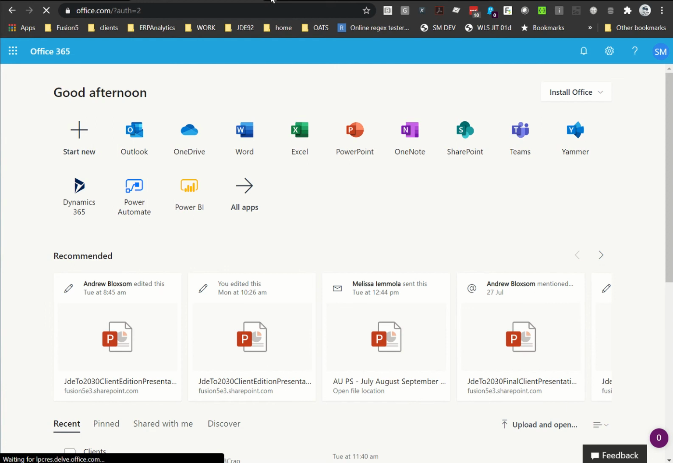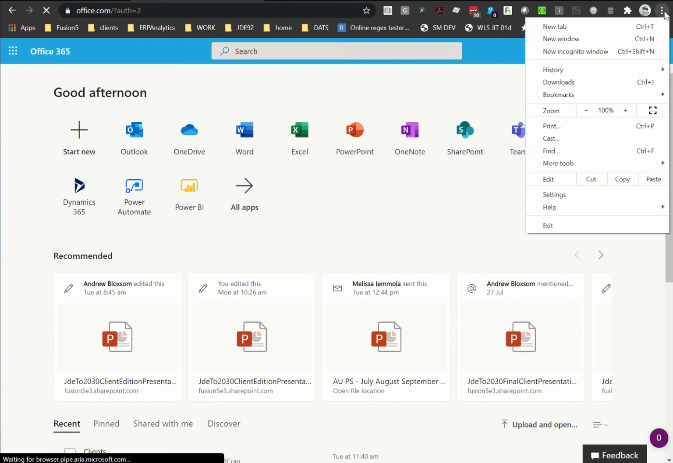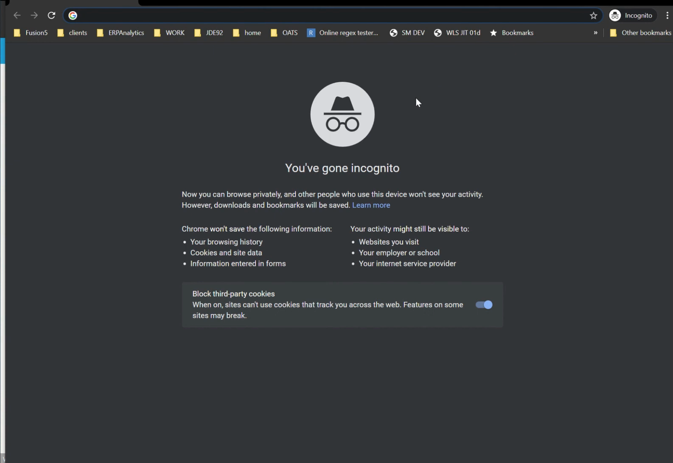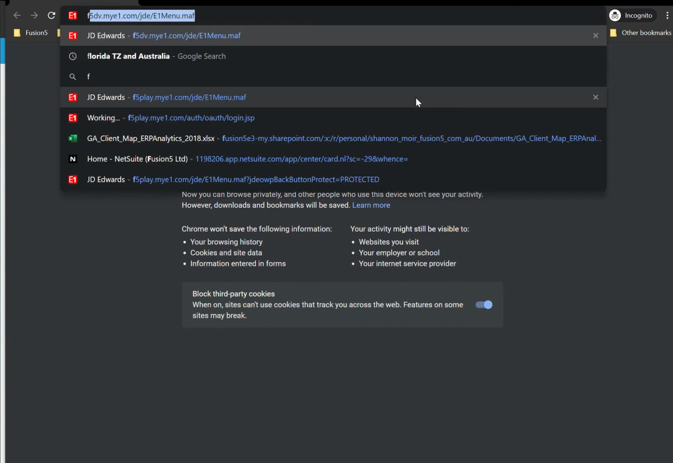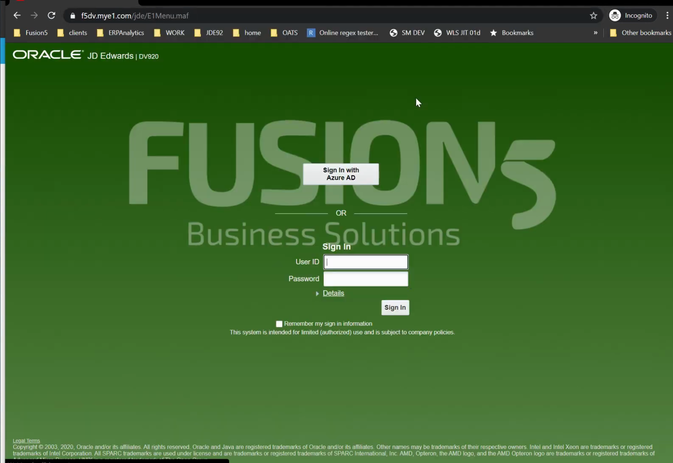What I'm going to demonstrate now is opening up a new incognito window and what happens when you need to authenticate. So there's no authentication cookies to this particular site. So once again, we go to the same website as before. You can see we don't have any type ahead here. If I hit sign in with Azure AD,